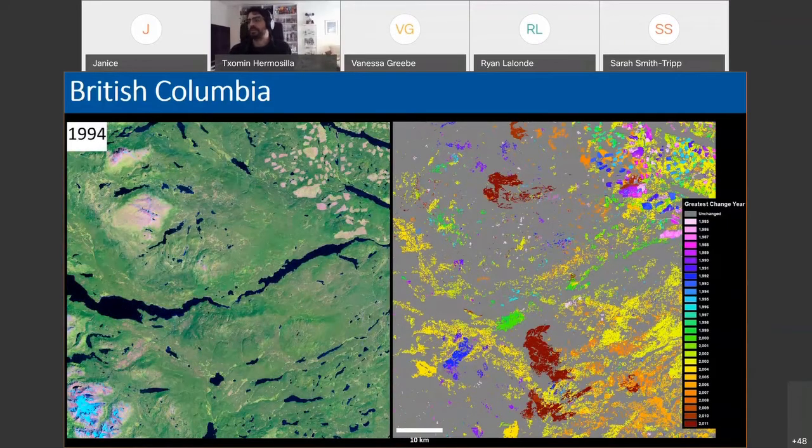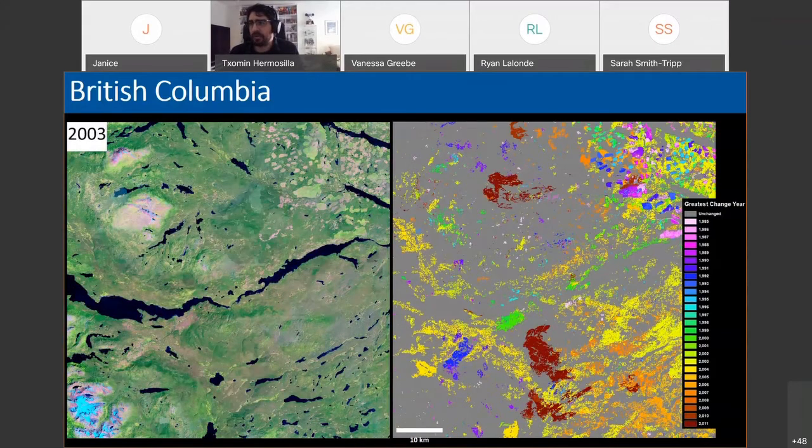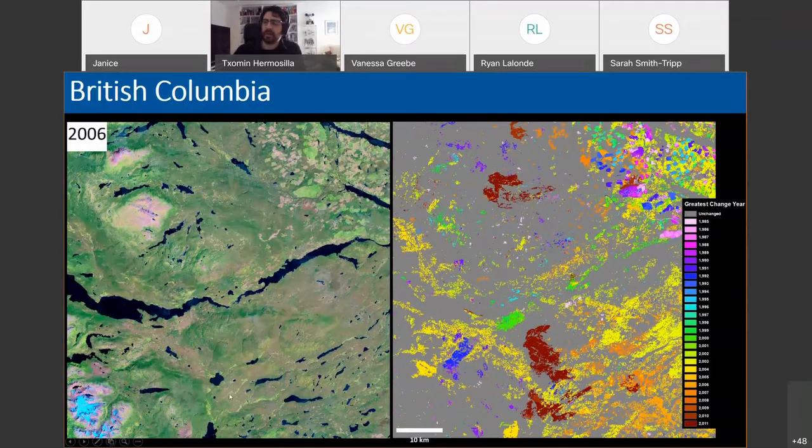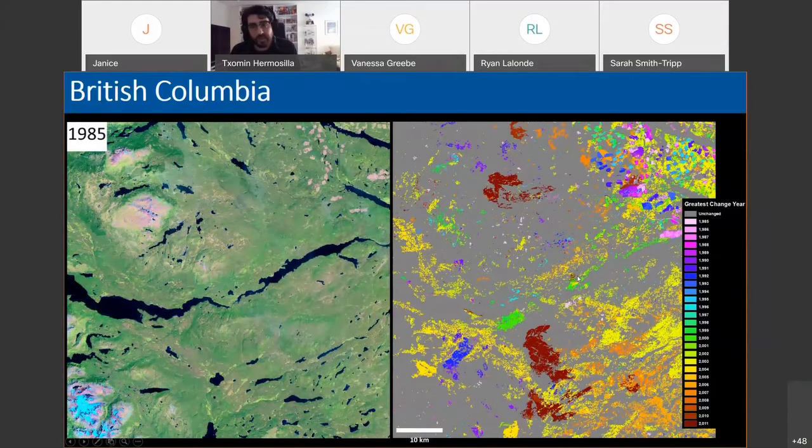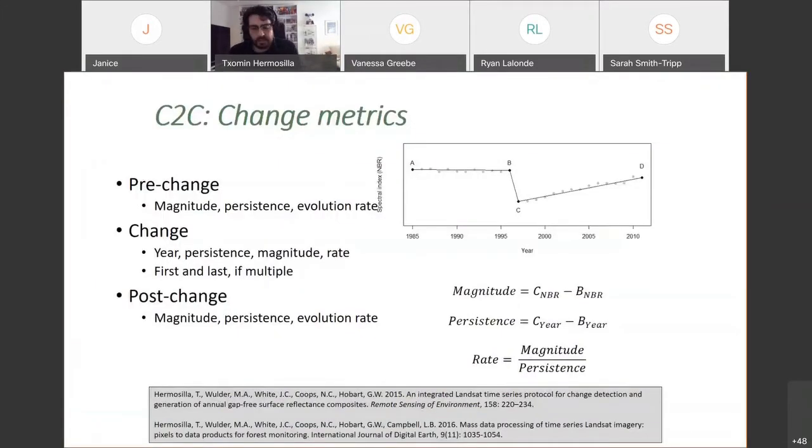And in the rest of the image, we can see these salt and pepper objects that are related with the mountain pine beetle infestation. You see around 2003, 5, 6, 7, 8, a decline in the spectral response of the forest, and we are able to detect these changes. So we can actually analyze each pixel, and we can analyze the trends and extract characteristics that describe how